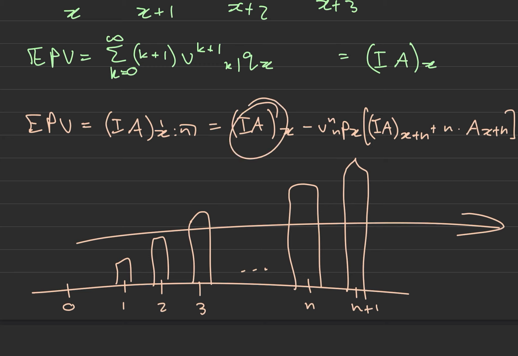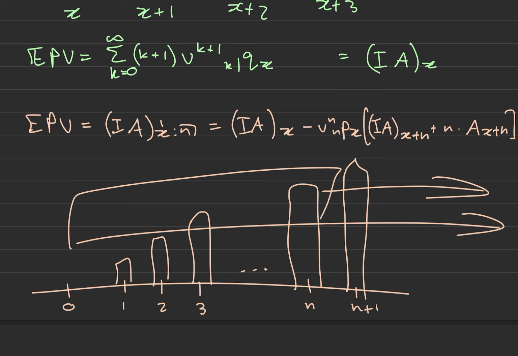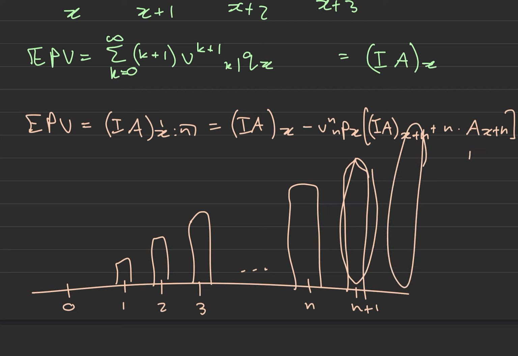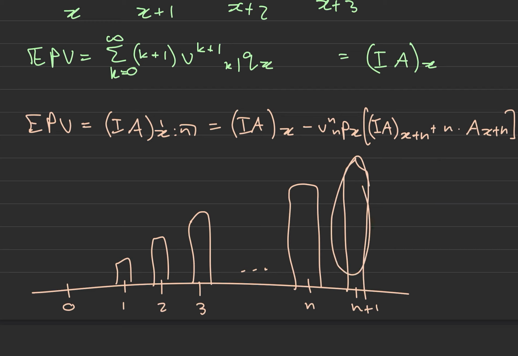This assurance over here, this increasing life assurance, represents all of them beyond time point n. So this one represents the term assurance between 0 and n. So all of these ones. In order to get all of these ones, I have to take all of these and subtract all of those. Okay, that's my goal here. So if I am to do that, what I'm basically looking for is to remove all these payments that happen over here. If I am to remove this payment, I have to remove a payment of size n